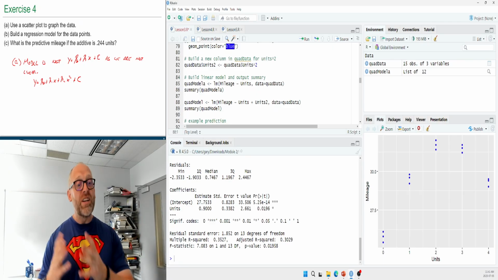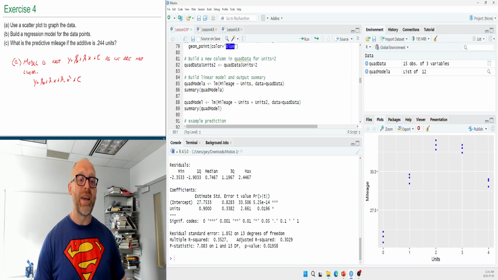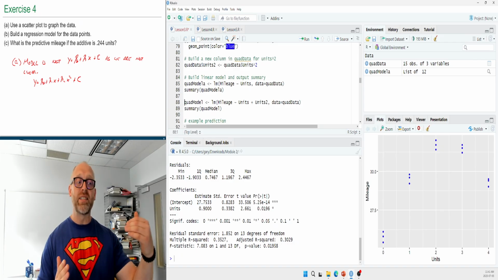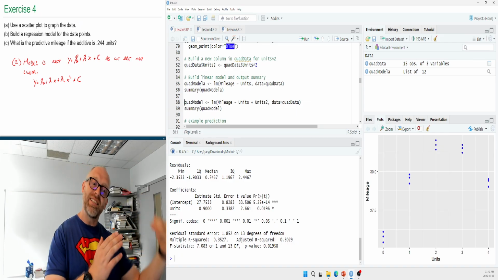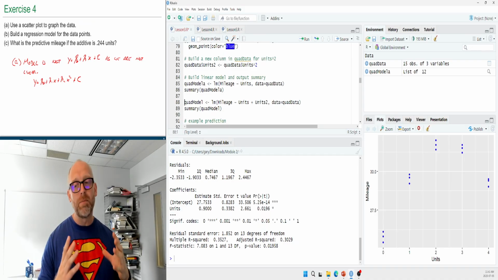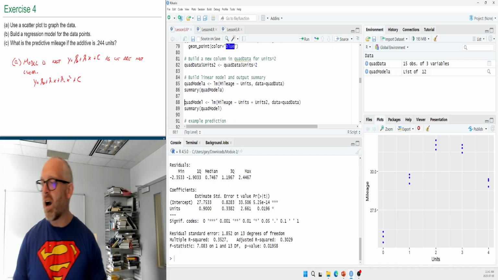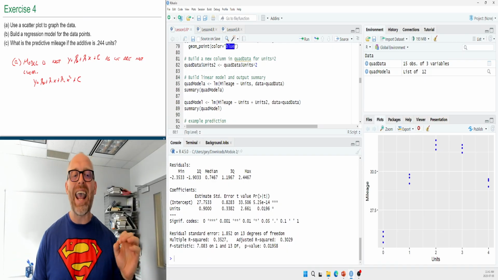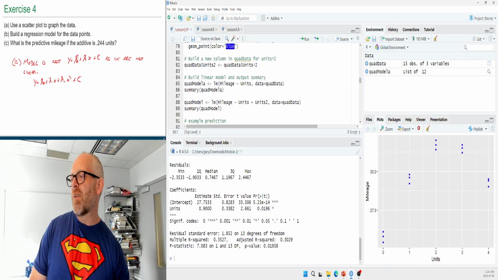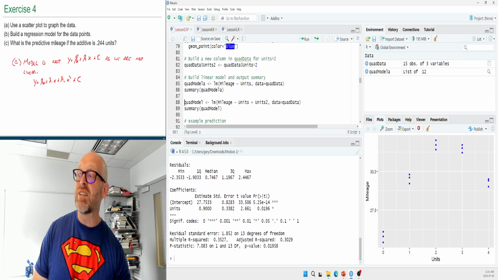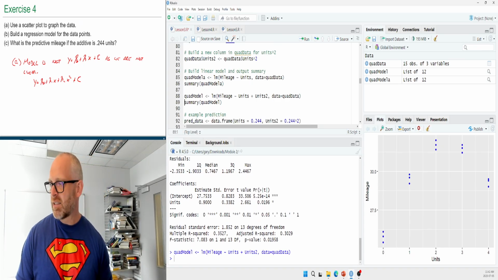Okay. But we knew that based upon the scatter plot that we have, because it's not linear. It's increasing up to 2 units, but then it starts to decrease from there. So we want to be able to model that curve. So let's build a quad model here. This is happening in line 88. So we're using the lm function again, and I'm saying mileage is explained not just by units this time, but by units squared. So if I run this, run the summary,